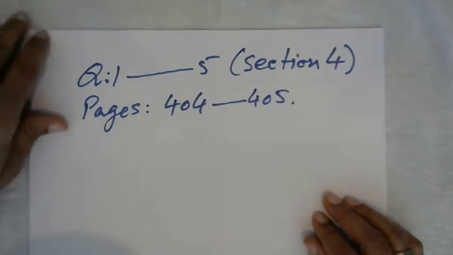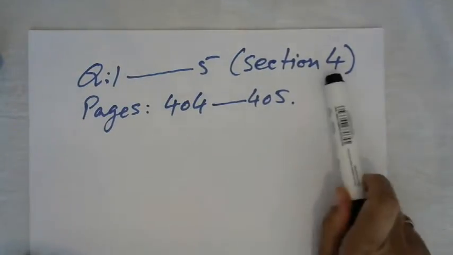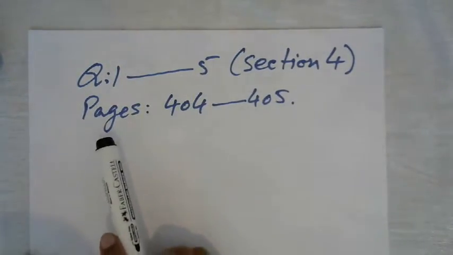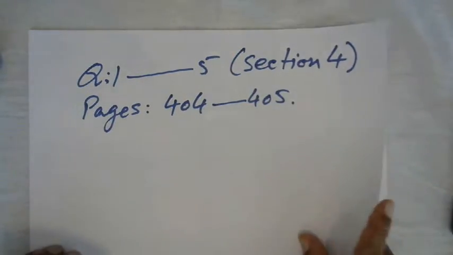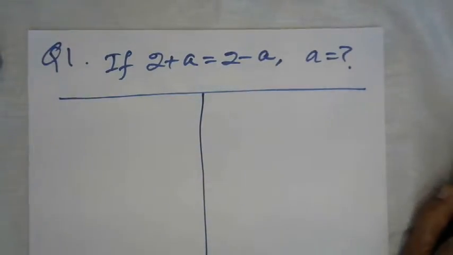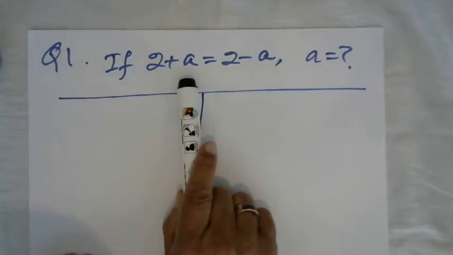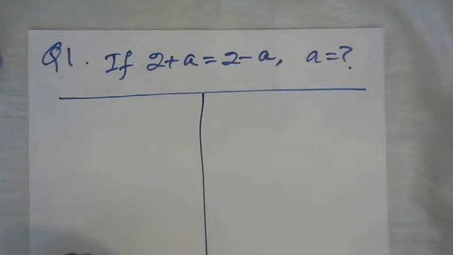In this session, I am going to solve problems number 1 through 5, section 4. They are given on page number 404 and 405. Question number 1 is, if 2 plus a is equal to 2 minus a, what is the value of a? I'll give you two methods. Number 1,